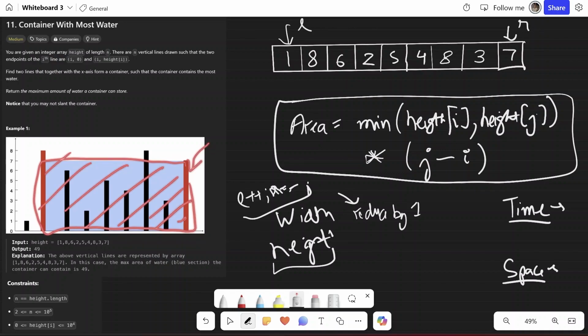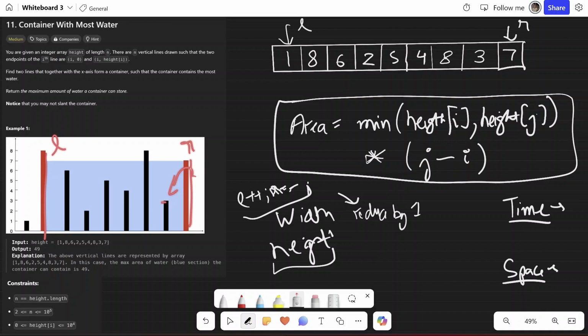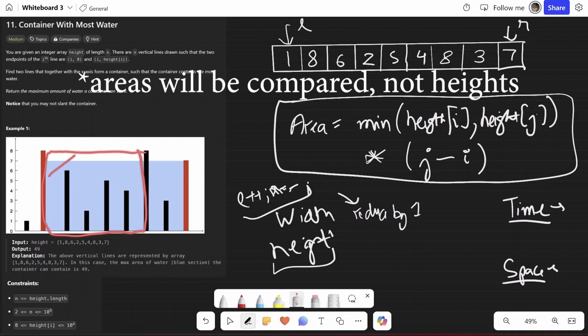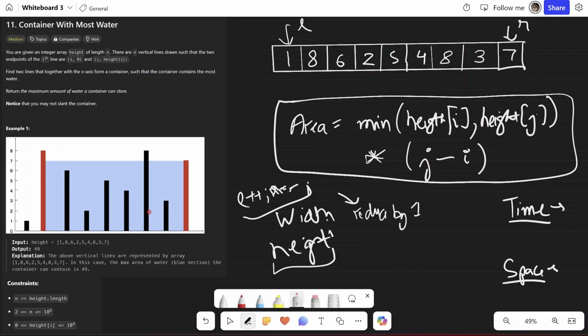Similarly, now R is the limiting factor here because R is smaller than L now. This is L and this is R now. So we move R leftwards. Then we get this height. Then again move R leftwards and then we get this height. All these areas we compare against each other and we find the max of those, which will give us the answer. If you still didn't get this, I'll leave a link of an article which will help you understand the solution very easily and also the proof for it.